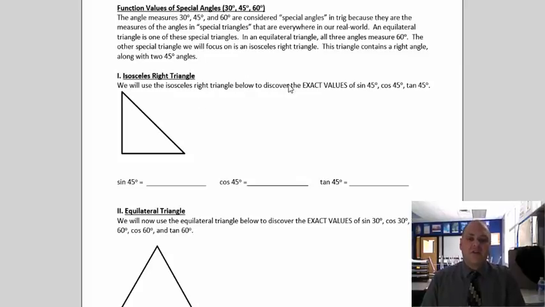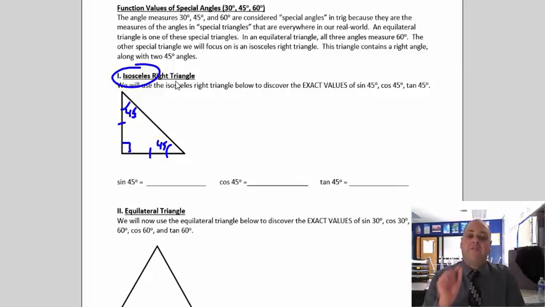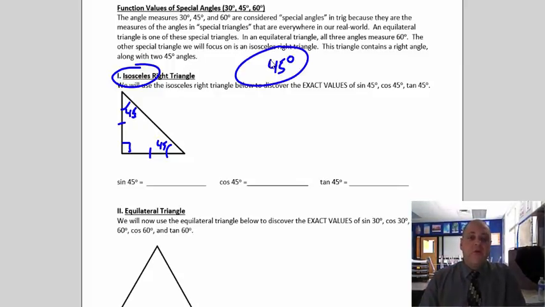An isosceles right triangle has a 90-degree angle, because obviously it's a right triangle, and because it's isosceles, it has two congruent sides. If it has two congruent sides, it must also have two congruent angles, and one of them can't be the 90, because 90 and 90 is already 180, so that's too many. It's got to be these two angles here, so both of these angles must be 45 degrees. So that's why an isosceles right triangle is a special triangle,